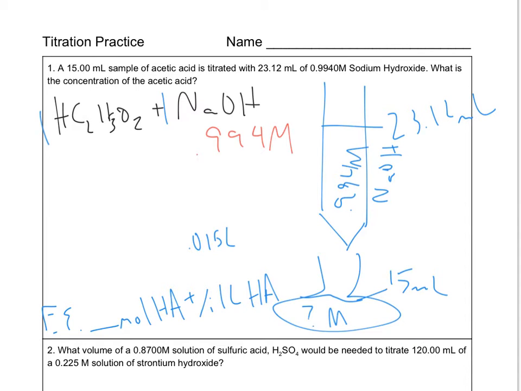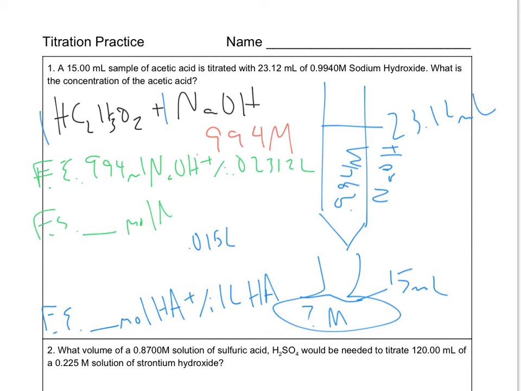So let's say we've got for every 0.994 moles of NaOH, there is 0.02312 liters, and for every blank moles of NaOH, there is 1 liter, and this is 0.02312 liters. So we're just going to multiply by 0.02312,